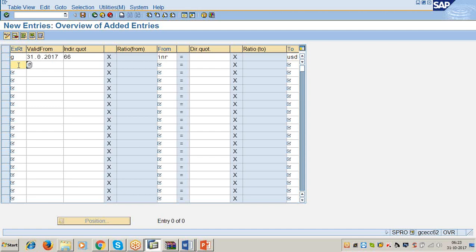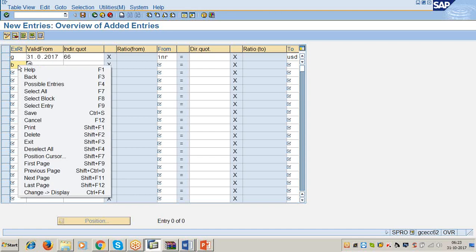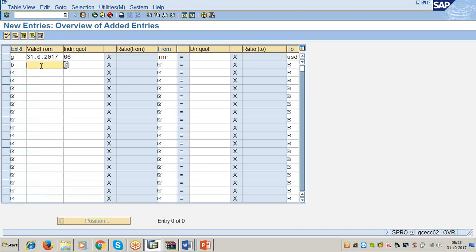Now, exchange rate type B, valid from 31/10/2017. I will explain you what is indirect quotation. Indirect quotation is equal to, let us say 68, bank selling rate. From is equal to INR to USD.